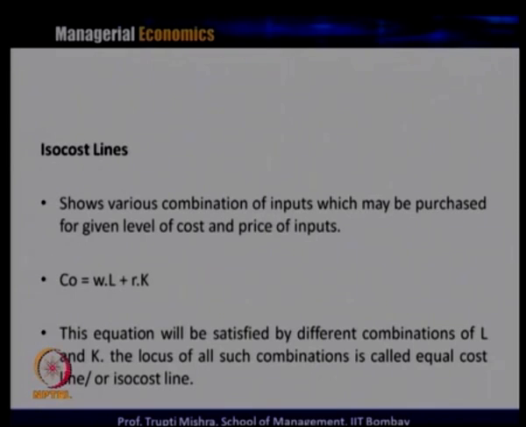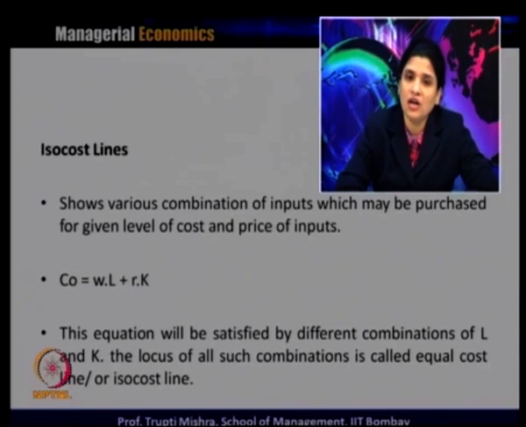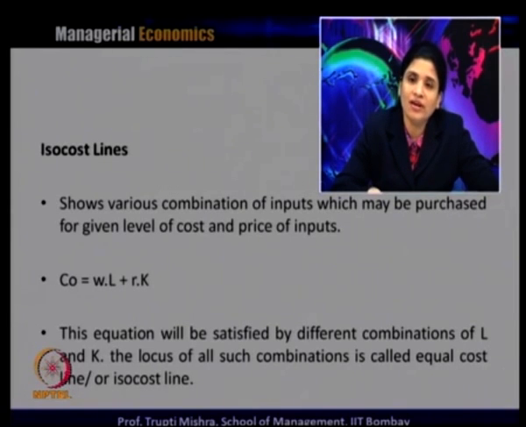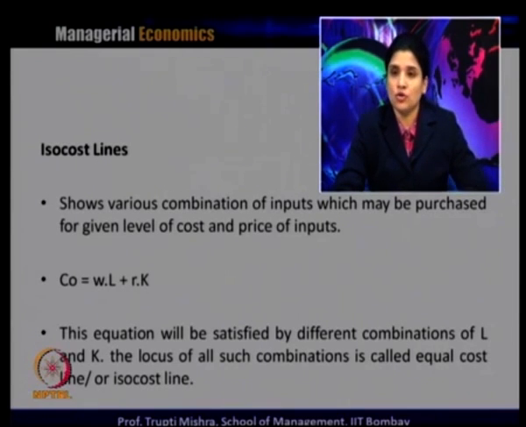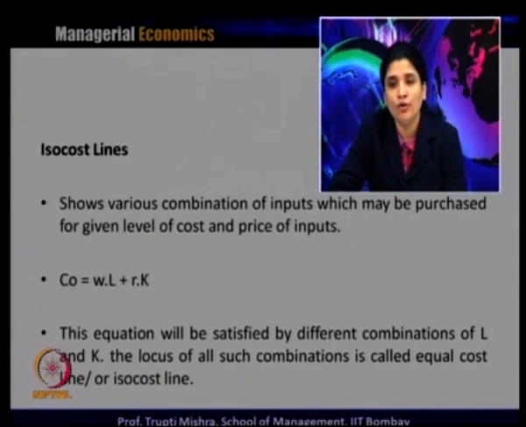Now, we will introduce the constraint over here. The producer can increase the output by changing any level of inputs, but what is the constraint over here? The constraint is that whatever the cost of the input, whether the firm can buy the inputs or not, there is always a constraint in terms of the funds available or the money available to the firm or the industry. That is the reason we introduce the concept of the isocost line, which is the budget constraint for the firm, and that restricts them from producing any level of output by using any level of the inputs.